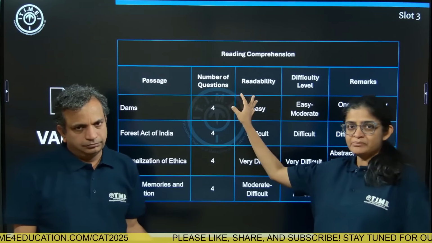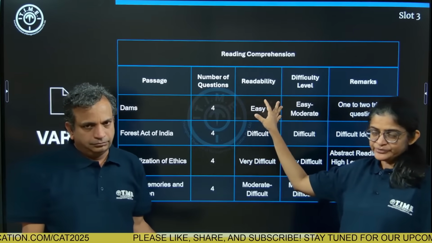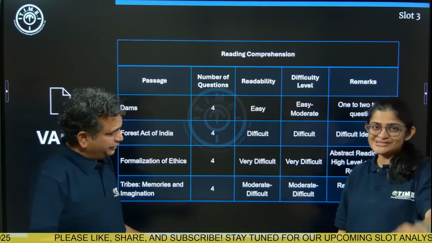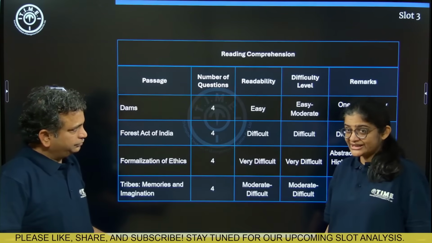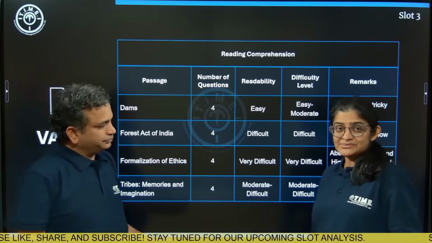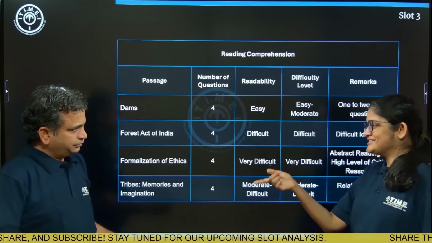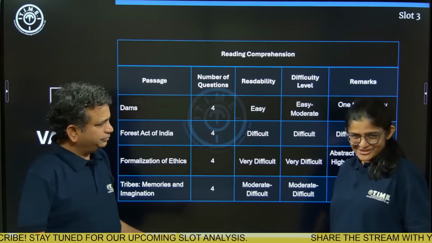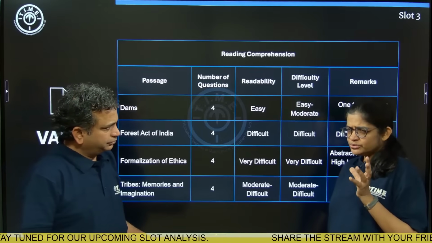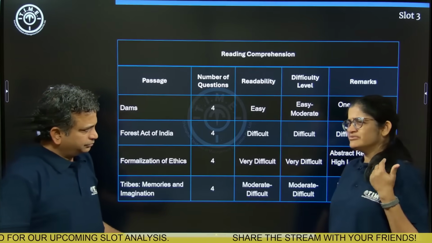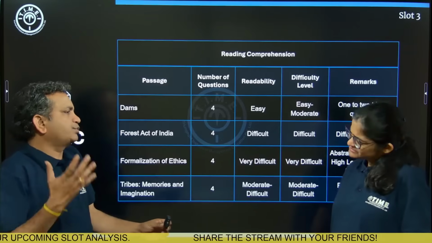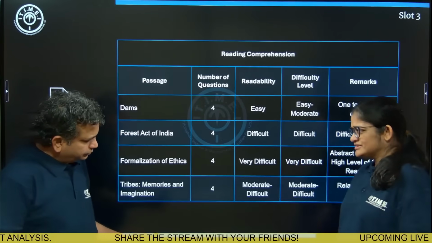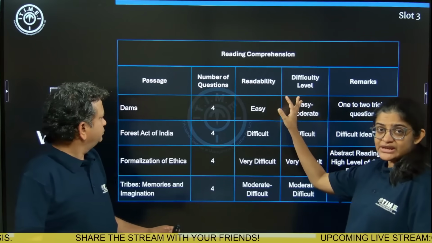So there was one passage on dams. This passage, Ramnath sir said, was a very easy passage actually. So I hope all the students who took the slot did take this passage. It's a must attempt passage, especially because the other passages were not so easy to read. This was a high school level passage to read, though there were a few difficult words in it, but we could infer them very easily. Overall, you'll get it contextually. It was just about dams and what the complications are and all these things. So the passage was very easy to read.